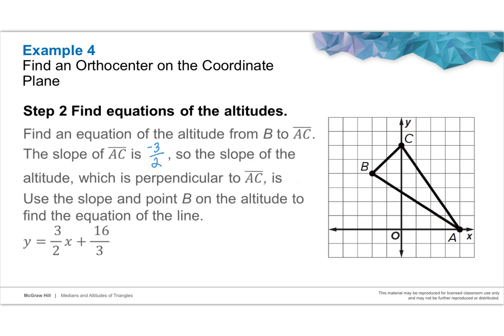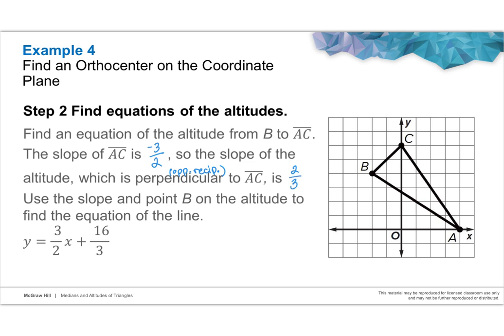So the slope of the altitude, which is going to run perpendicular to side AC, remember we're using opposite reciprocal when we're talking perpendicular. Go ahead and write that in as a reminder to yourself if you need to. And the opposite reciprocal of the slope to AC would be